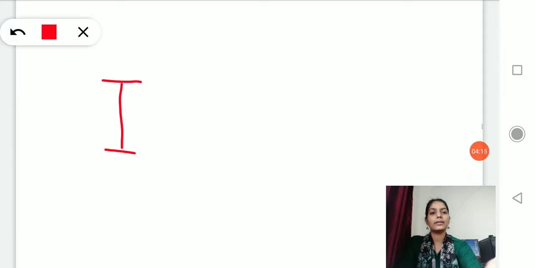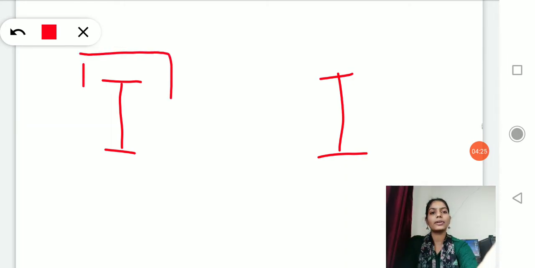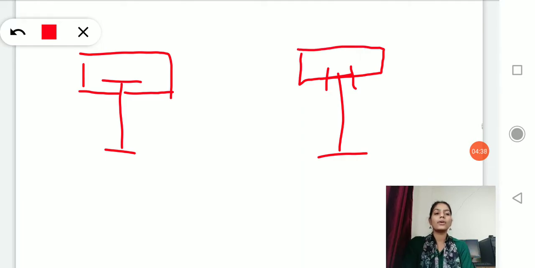Let me take one I section. Okay, I have chosen two I sections. If the flanges of these I sections are embedded into the concrete, or otherwise if they have shear connections, like this concrete block above, where you have placed shear connections in the flange and in the concrete part of your slab deck, or whatever deck is above the beam.